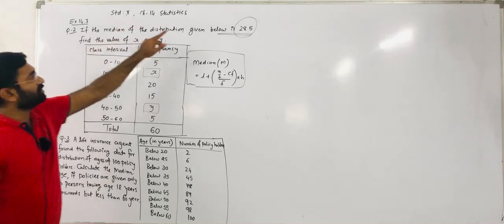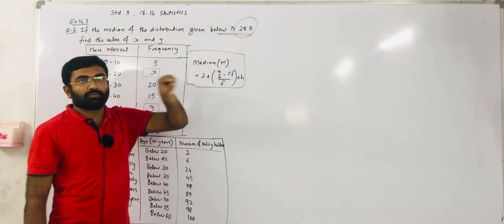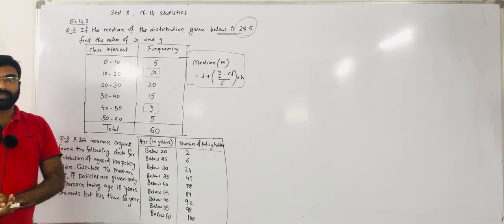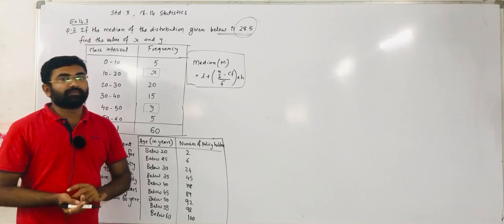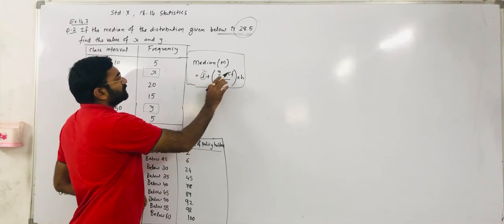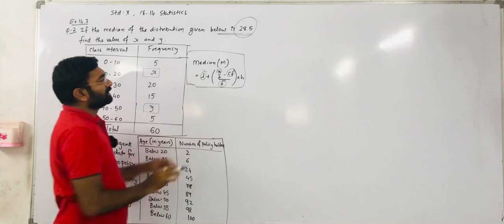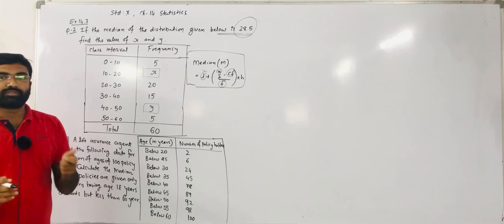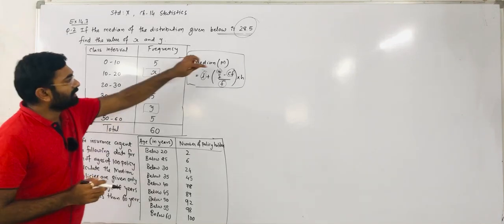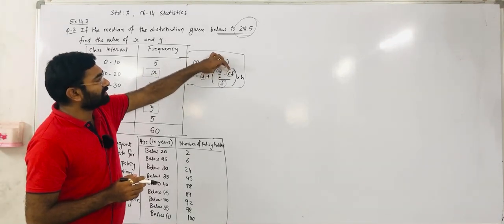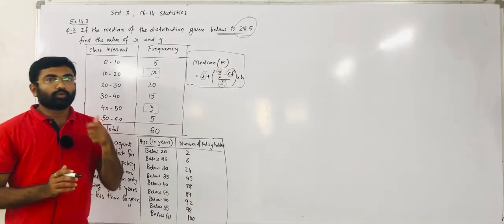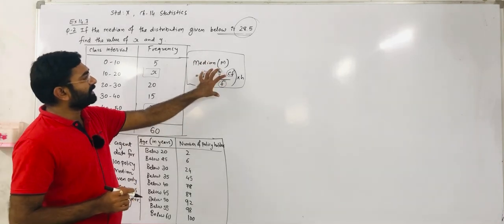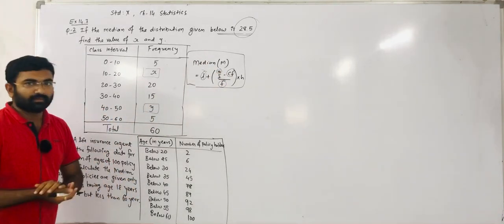As per the question, the median is 28.5, so we have to apply the median formula and using that find out the missing frequency. Whenever we use the median formula we require the L value, Cf value, N value and f value. L, Cf and f depend on the median class, so first of all we have to find the median class. Another thing we require is the Cf value, which means cumulative frequency, so we have to make a cumulative frequency column. After that we put in all these values and we can find the missing frequency.